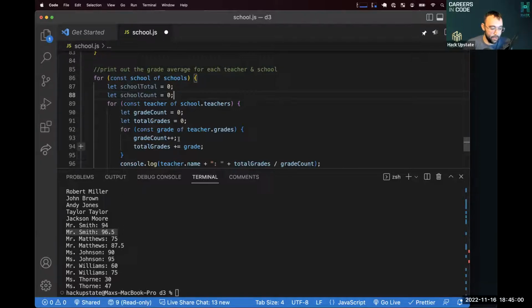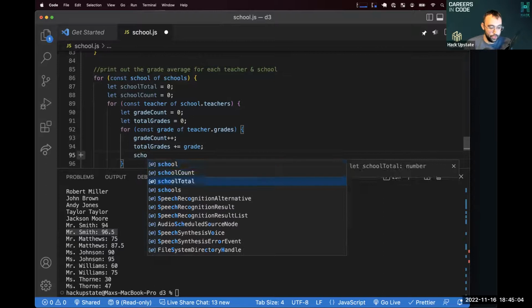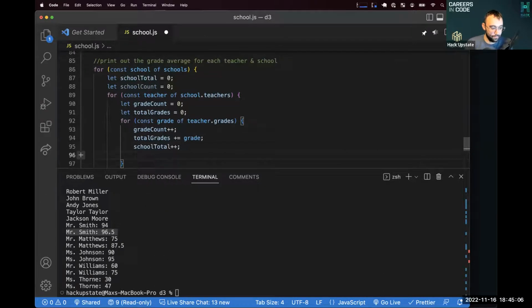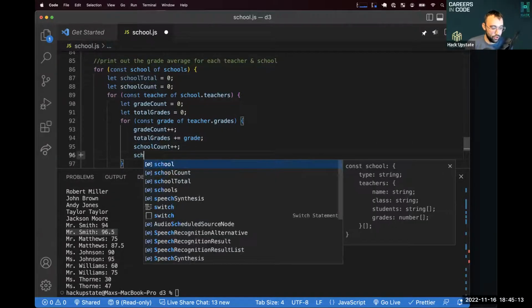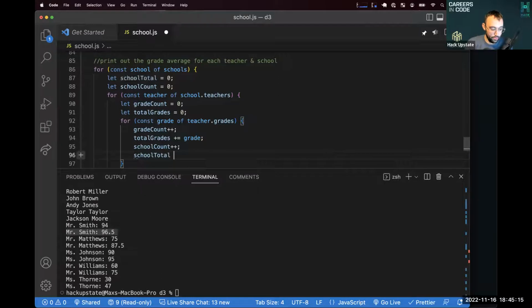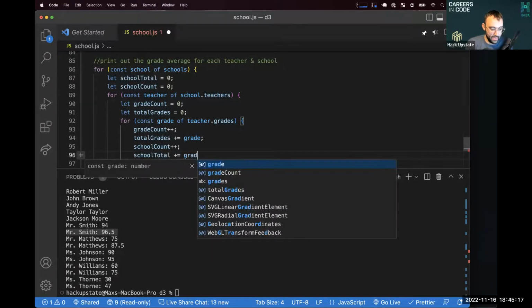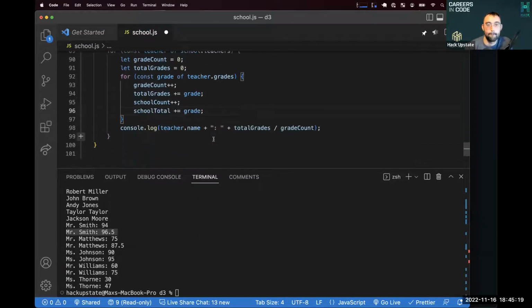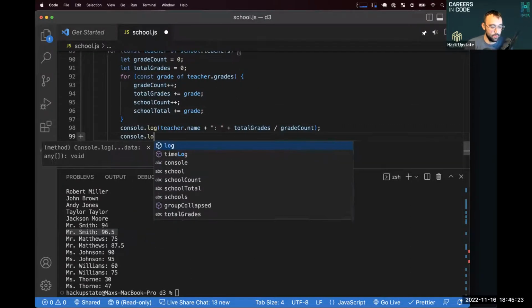Now, every time that we stumble onto another grade, we are going to add 1 to the school total. I'm sorry, 1 to the school count. And we're also going to add that to the school total based off of whatever grade is in here. Now, if I console log this out here,